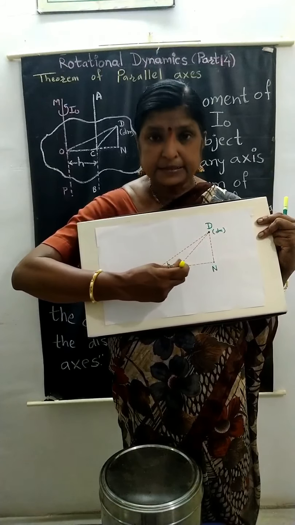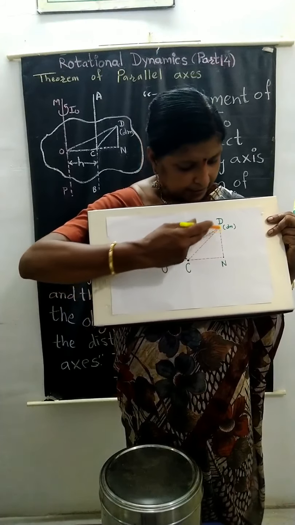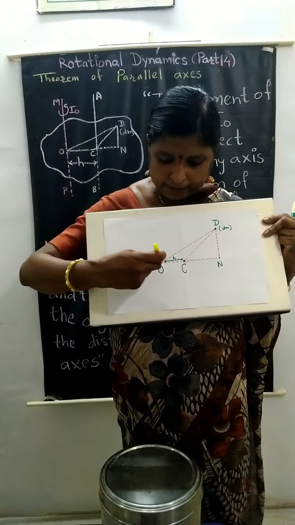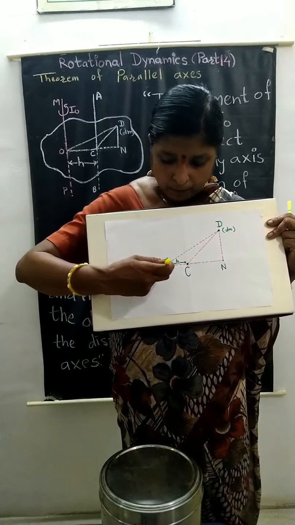For this axis, it will be dc square dm, and for the axis passing through point O,